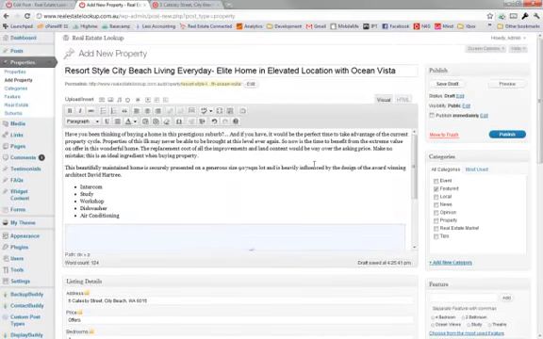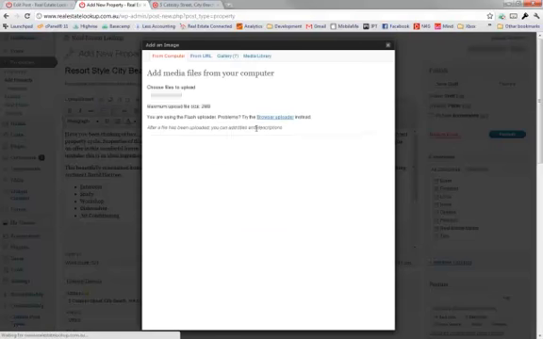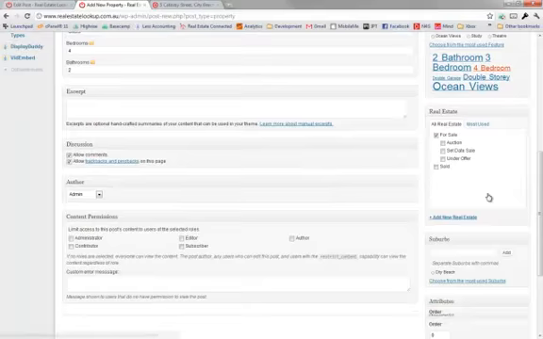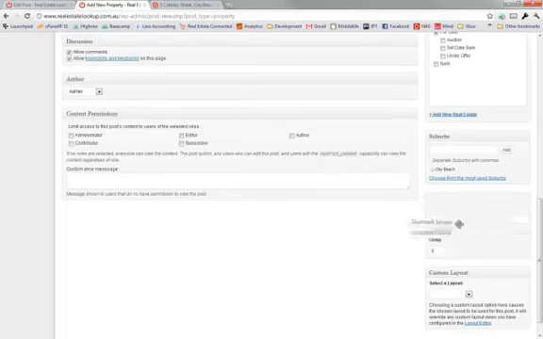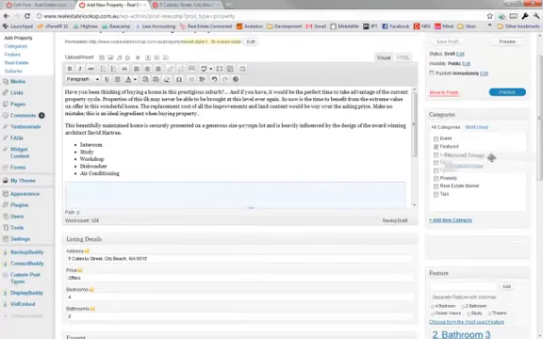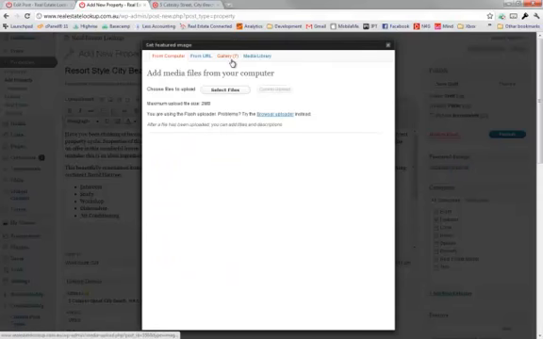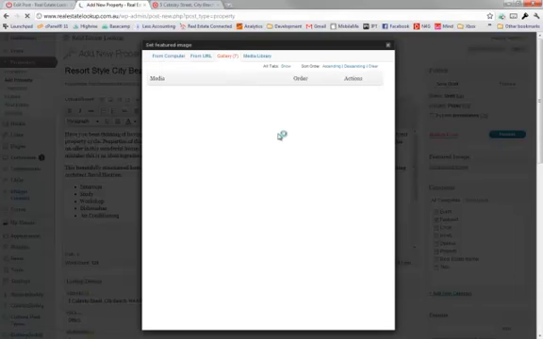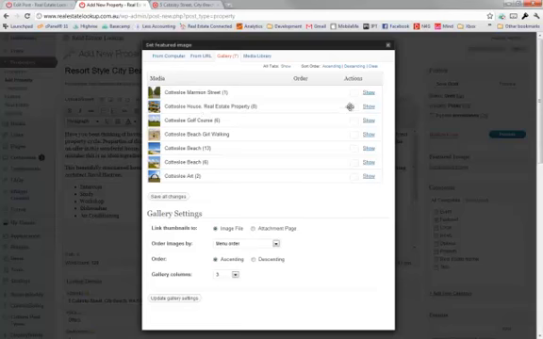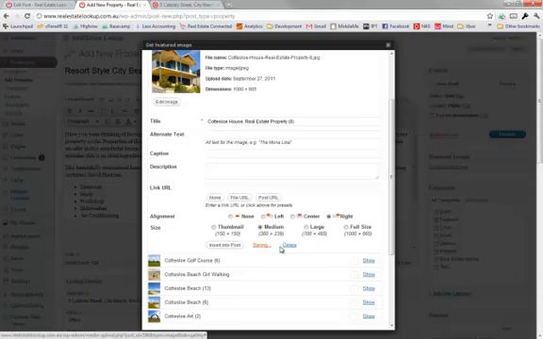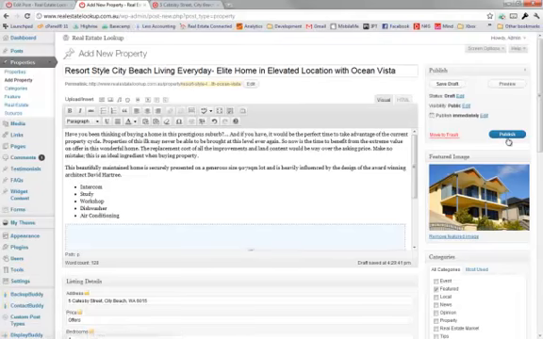So that's where you can move that around if you want, and we're just going to set a featured image for the property. Again, either scroll down on the side and you have a featured image box here, and you can drag it up to the top if you want to remind yourself that it's always there, and press set featured image. Again, we don't need to upload it because we already have, and the gallery is saying there's 7 images attached to this post, so we can press the gallery. We can say, well, this is what the house looks like, press show, and press use as featured image, and press publish,